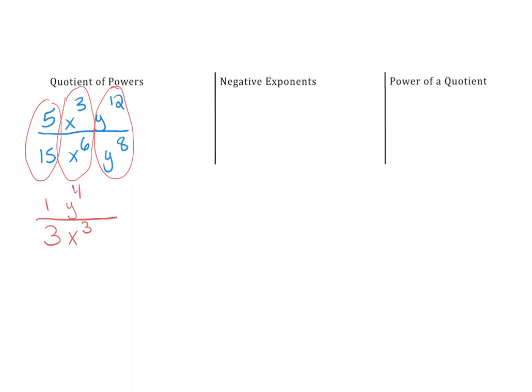Okay, and just a reminder about negative exponents. If you have 3x to the power of -4, the 3 stays, but the x can go to the denominator and become positive. So 3 over x to the 4th. And then the last one, power of a quotient,